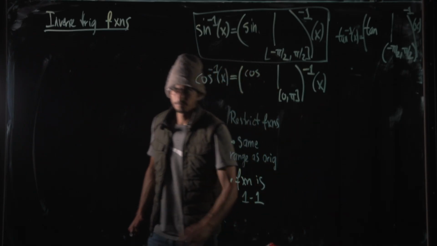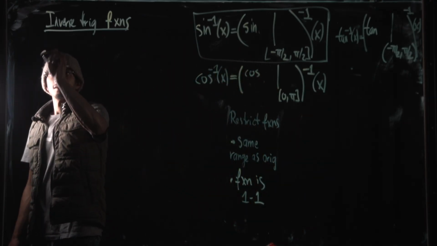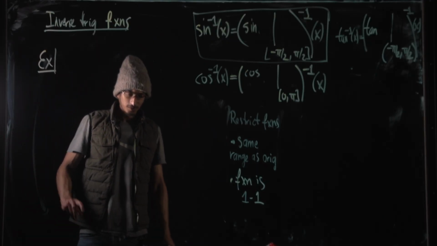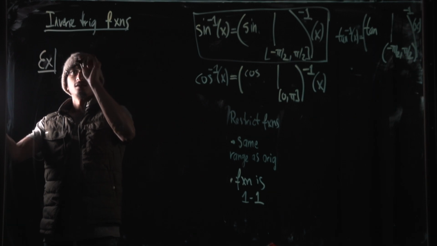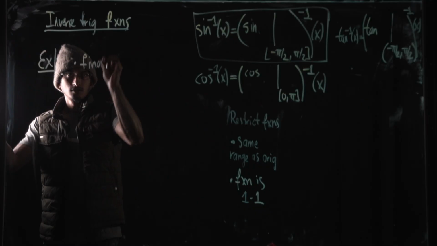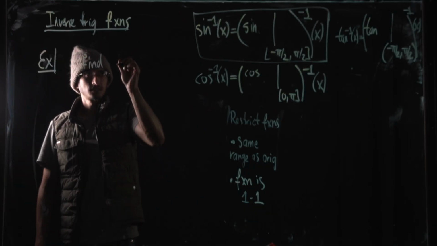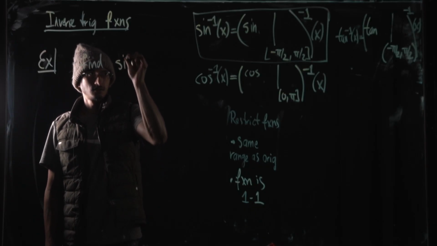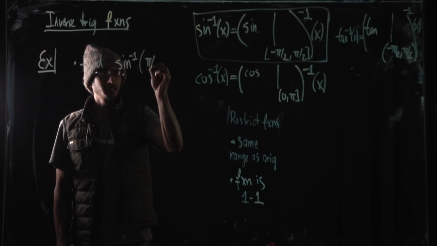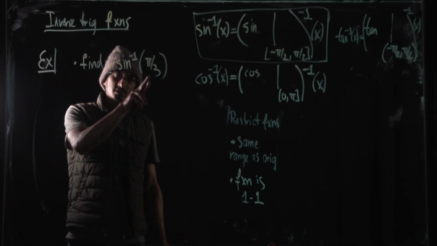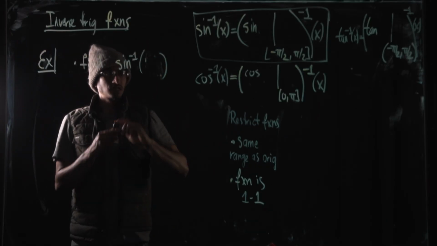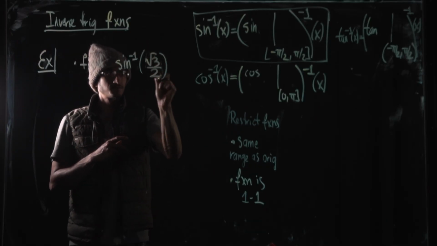Let's do an example. I'm going to ask you to compute the sine inverse of pi over 3. This is otherwise known as 60 degrees. Dang it. If sine inverse of square root of 3 over 2